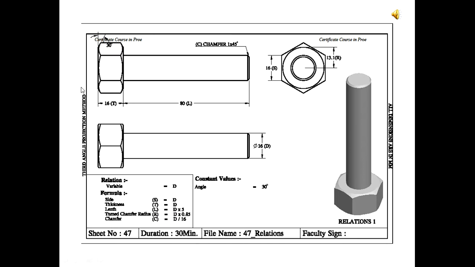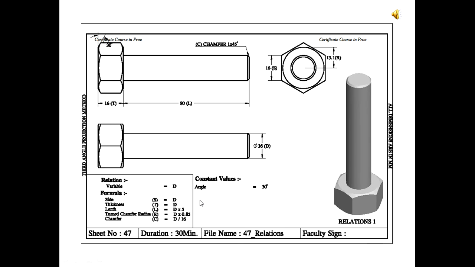So when the diameter takes a new value of 50 units, the thickness of the bolt will also change to 50 units. Then the length of the bolt is 5 times the diameter. That is, when the diameter of the bolt changes to 50 units, the length of the stem of the bolt will change to 50 into 5, and so on. The turn chamfer radius R is 0.85 times the diameter, and the chamfer is 1/16 times the diameter. So in short,